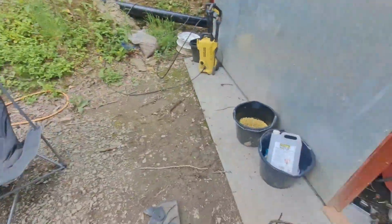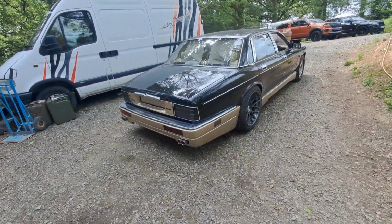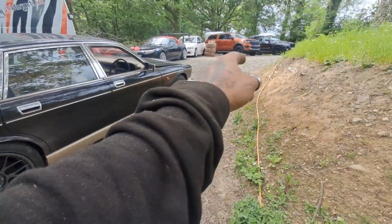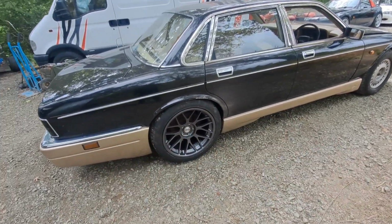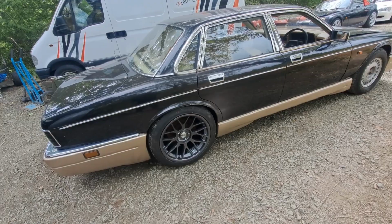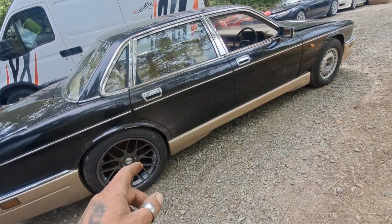Finished that for today. That's the remains of the arches off the Jaguar / Daimler XJ40, and just by removing the inner lips, even with those oversized balloon tyres, we no longer have any scrub. I've driven it up and down just around this bend here, and it's not scrubbing anymore. What I'll do is pick up some oxide primer in the morning just to go over those arches, so we don't get any oxidisation and rust. And I'll wait for the spacers like I said before. But just finished that, and if you look up there,